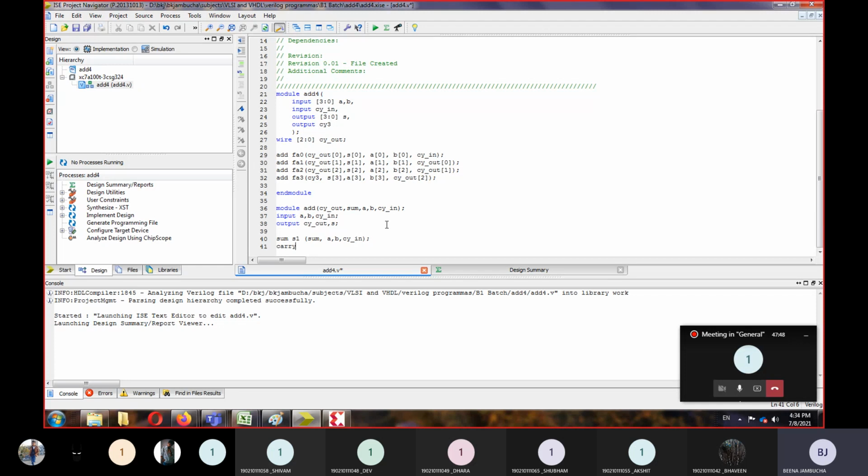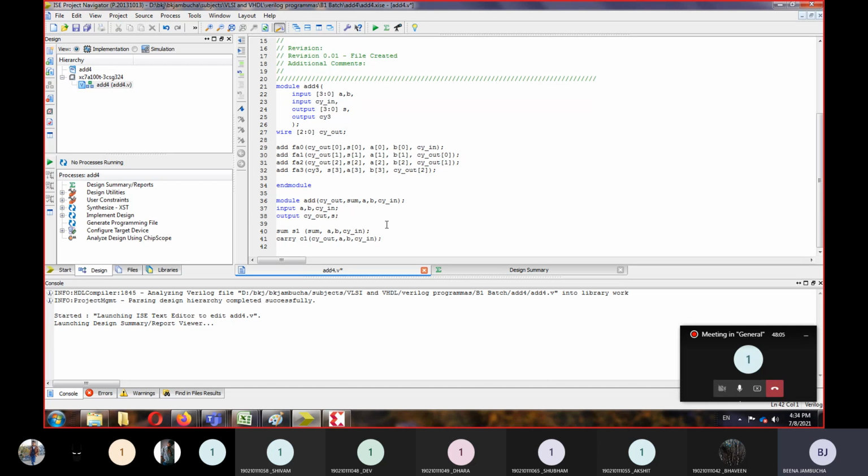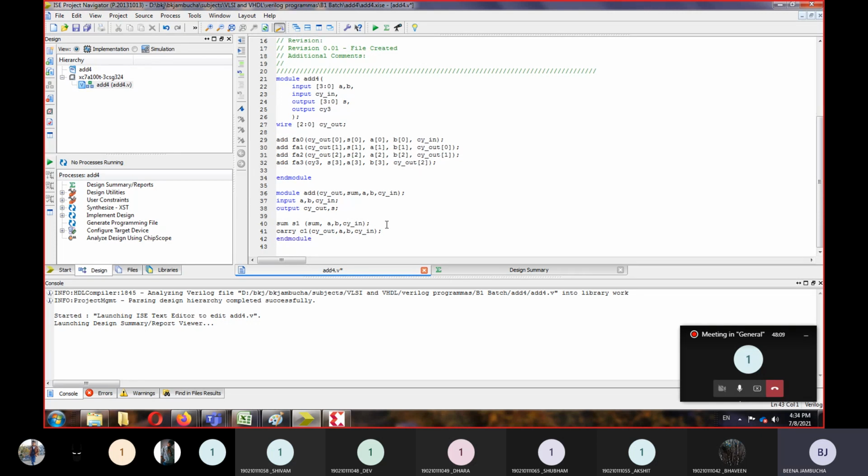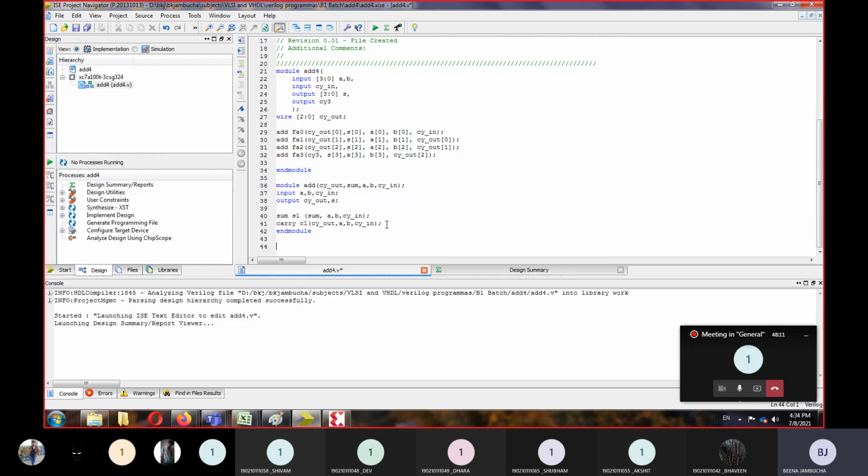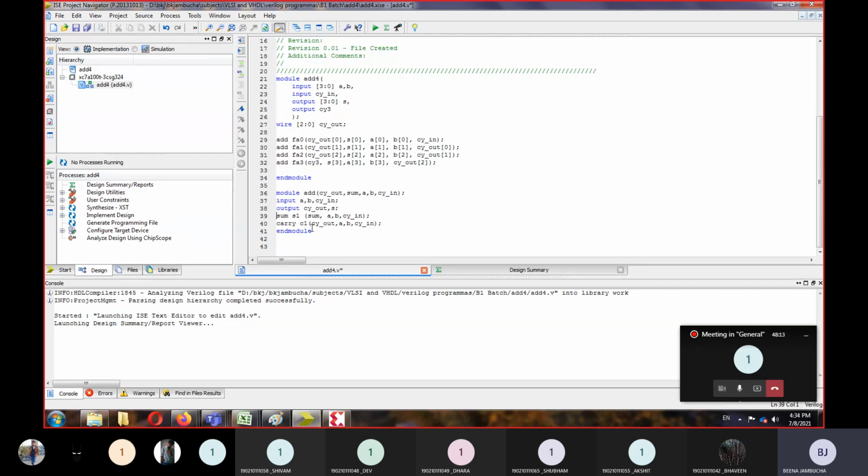And let's define one more module which is carry, and we name it carry C1, and its outputs are cy out, A, B and cy in. Finally AND module. Okay, so this is how we have defined the module add.